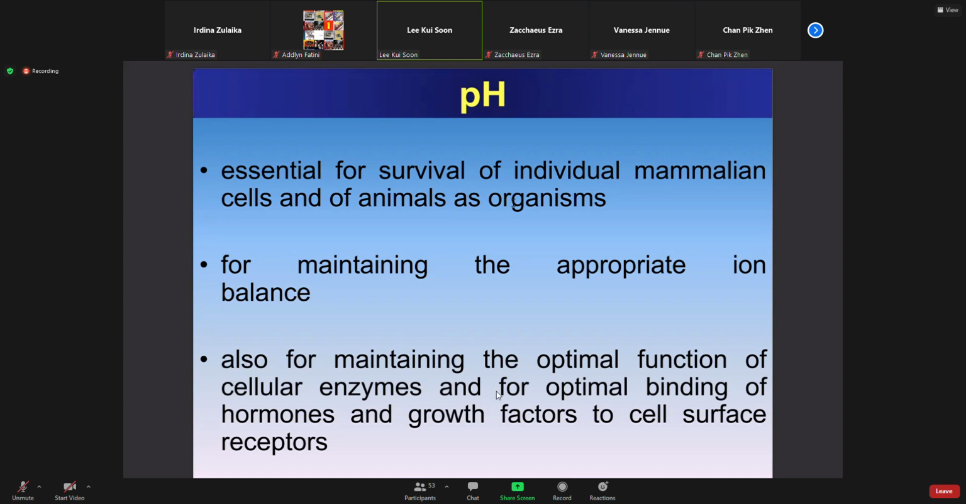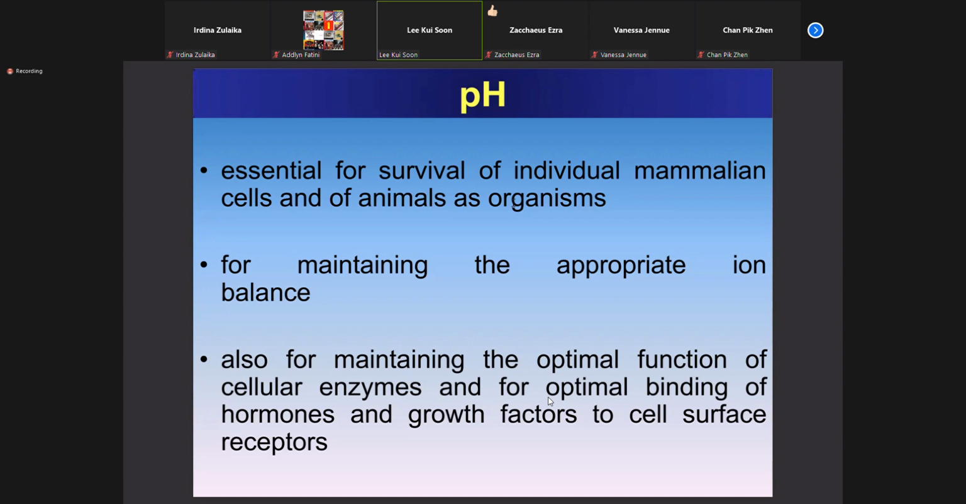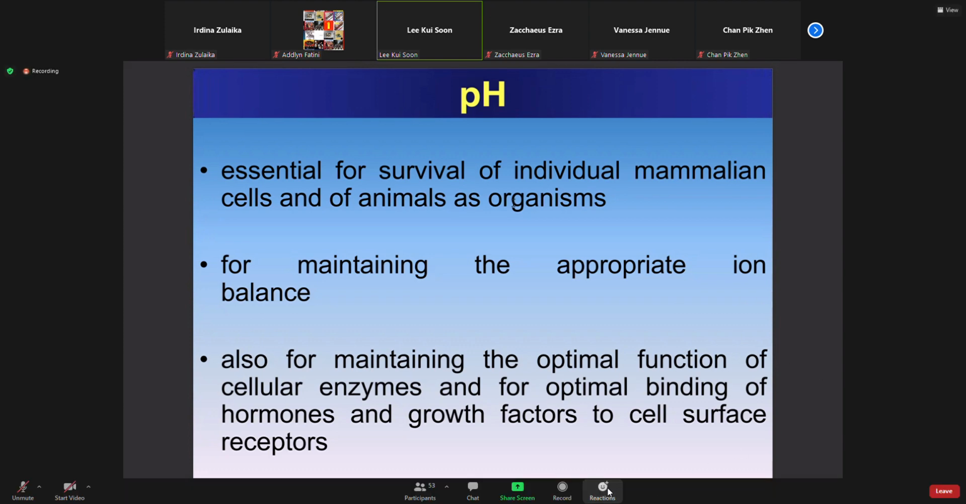And the growth factors, remember, we also have growth factors to assist the cell growth. These growth factors, which are found in your membrane bilayer, could not bind to the receptors as well. So it will very much affect the physiological processes of the cell. Okay,